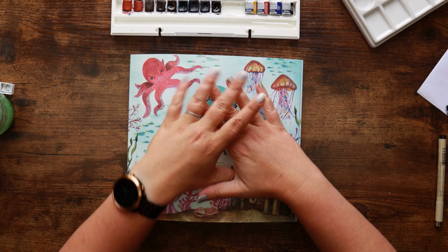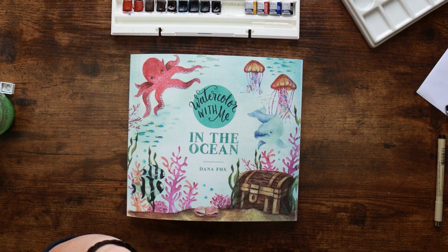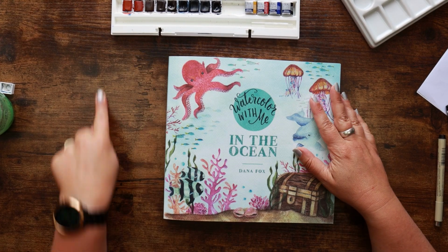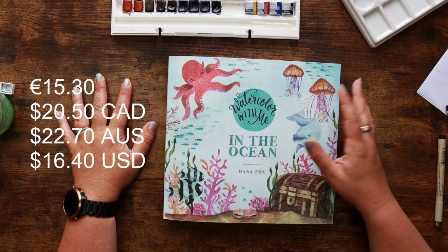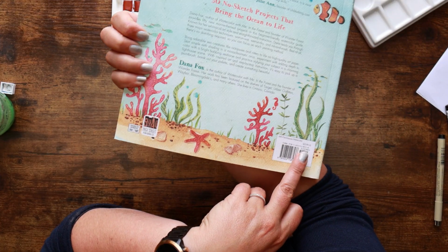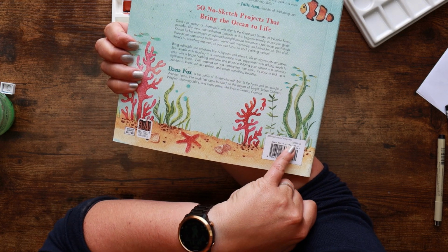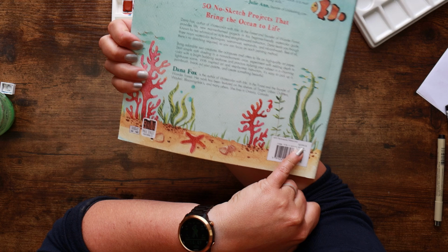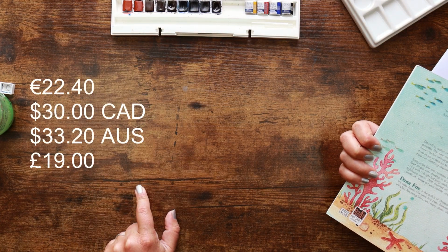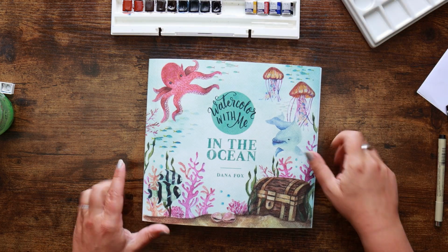This book is currently retailing on Amazon UK for about £13, give or take. I'll leave some conversions up here. The price of this book will differ depending on where you are in the world. The recommended retail price on the back, interestingly, and we all know to ignore recommended retail prices completely, is $23.99 US. Again, I'll leave some conversions here for those of us that don't use US dollars. So for £13,